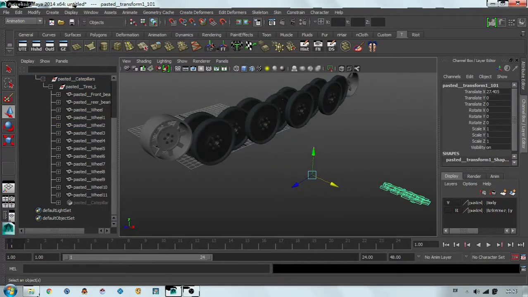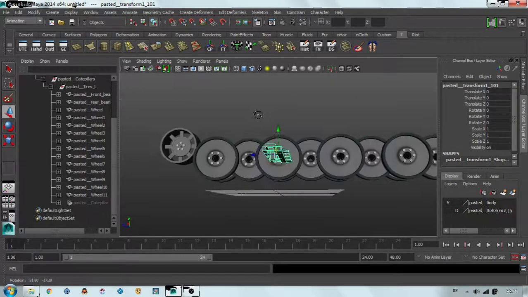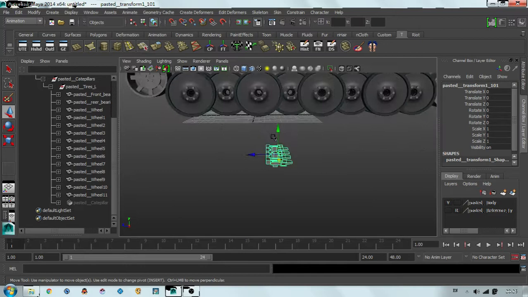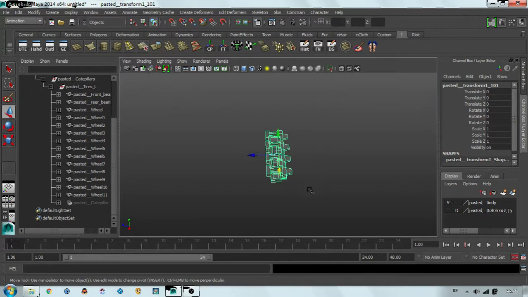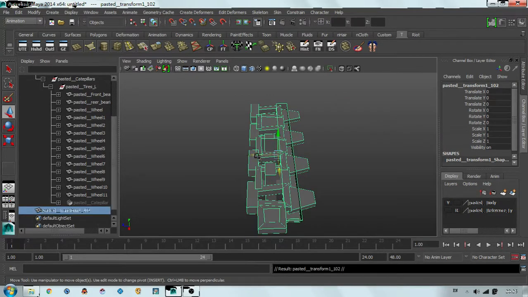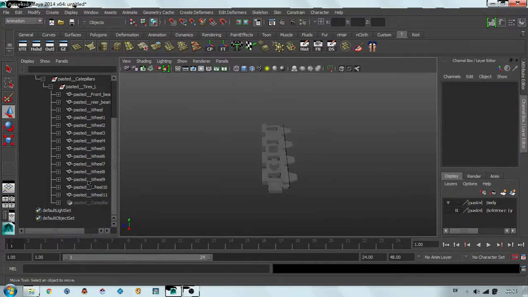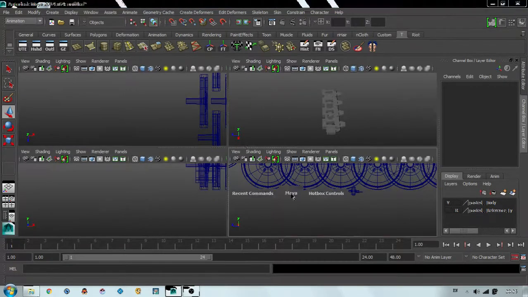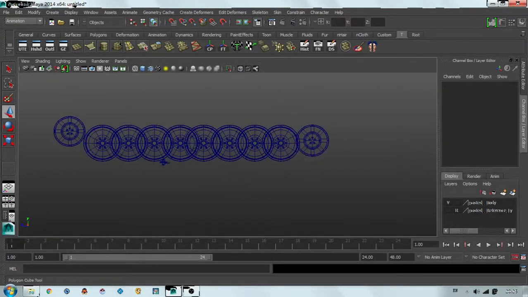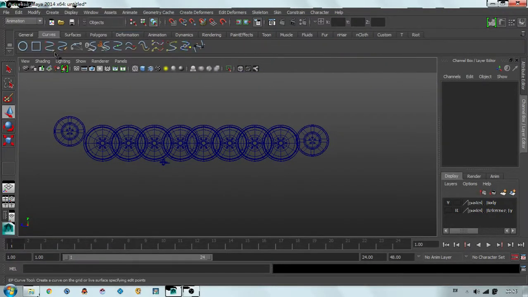And this is one of the units of the tank, a unit from the caterpillar. As I explained, it's basically an interlocking structure that can interlock with itself or its duplicate, whatever. Okay, so the first step we need to do is go to side view and create a curve that